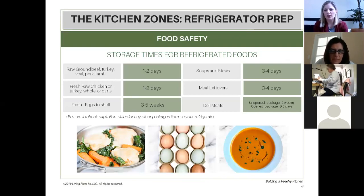And then as far as your raw poultry and ground meats, keeping them for about 2 to 3 days in the refrigerator before you freeze them is a smart plan. So especially now, if you tend to shop for maybe 2 weeks at a time, or certainly a week at a time, trying to minimize how many trips you make to the grocery store, buy a lot of meats, but just freeze them in